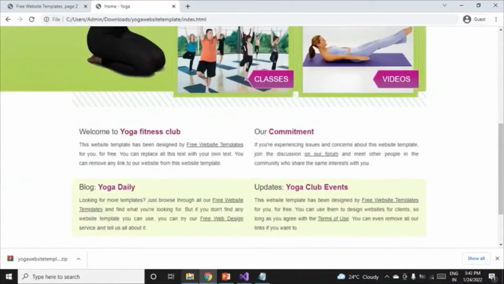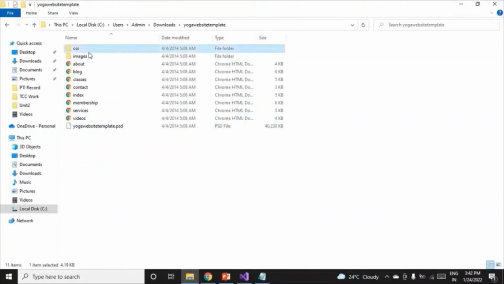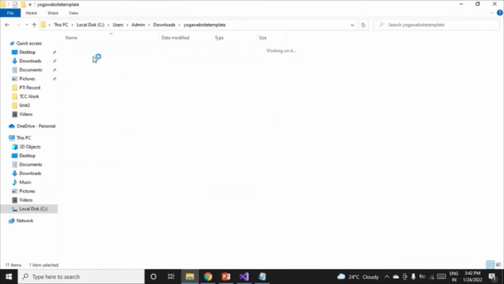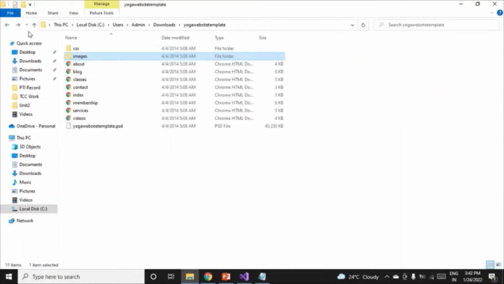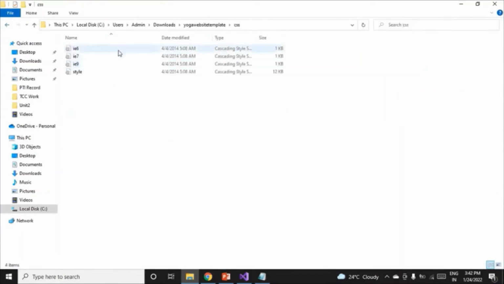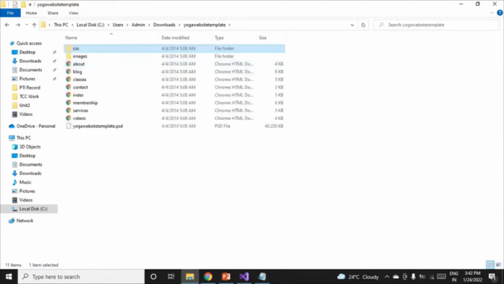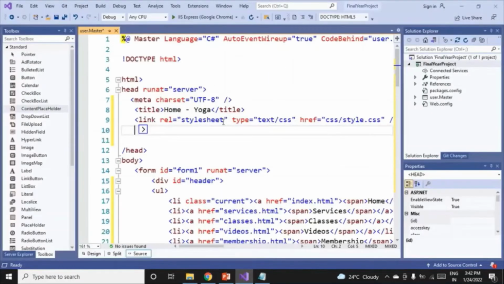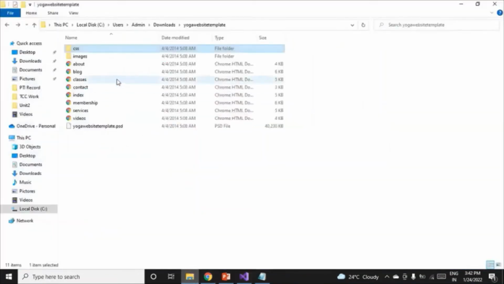When we actually downloaded, you can see we have got two more folders here. Inside images we have got all the images, and inside CSS we have got that file. This is the file which we are interested in, style. When we are linking it here, of course our project doesn't contain all those files. So what you have to do is just go here and select all the folders, whichever folders you get while downloading the template. In my case there are 2, in your case it may be 3 or 4 folders. Just copy it